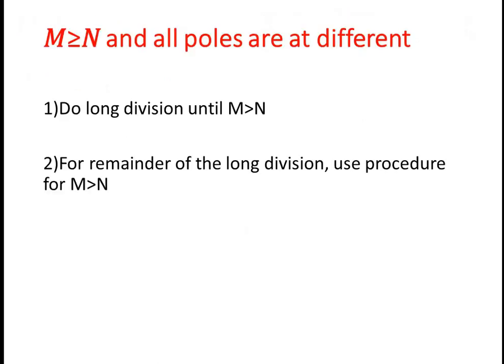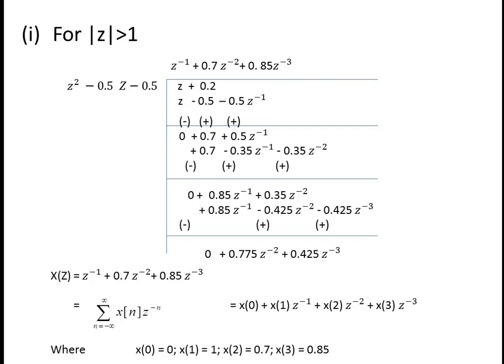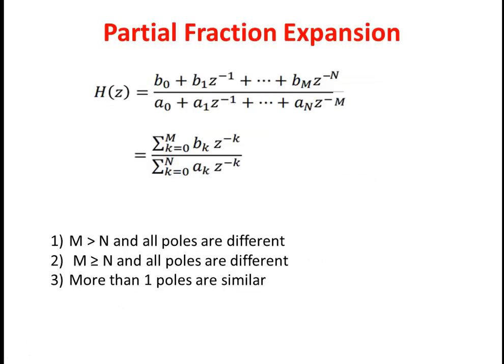So far we have discussed long division, and in long division we have seen two cases. With respect to the ROC, we change the order of the denominator. If it is for a positive sequence, we start with the highest power of z, or if it is for a negative sequence, we start with the constant value and end with the highest power of z. In partial fractions, we have three different possibilities of solutions, and we have seen numerical problems for such possible solutions.